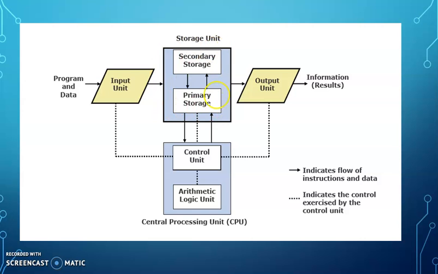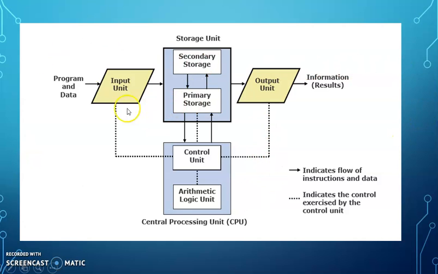This is all about storage unit in short, and here you can see in CPU there is one control unit and arithmetic logic unit. Arithmetic logic unit will perform all the processing tasks. Whatever task commands we have given to computer, all processing work will be done in arithmetic logic unit. All arithmetic and logical operations will be performed here. Coming to control unit, it is the unit which will really control all other units and coordinates with all other units for the data processing task whatever computer is performing.